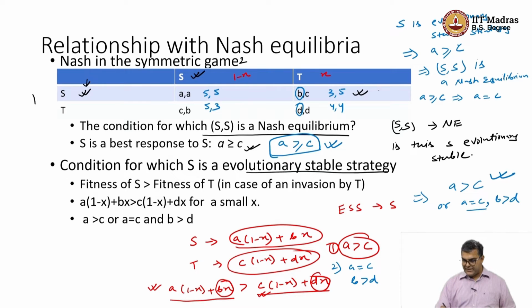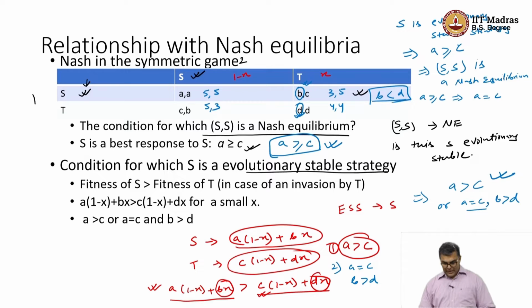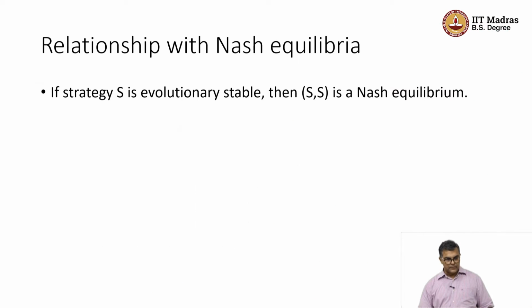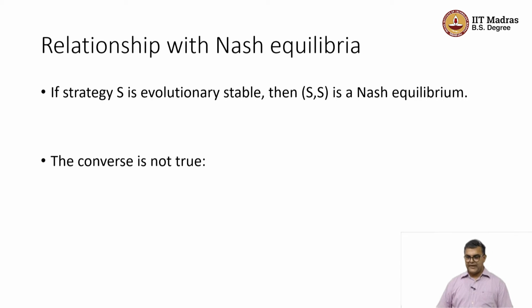Here B is less than D. So, there is no bearing of B and D values on S comma S being a Nash equilibrium, but it has a bearing on S being an evolutionary stable strategy, particularly when A is equal to C. So, we can say that if a strategy S is evolutionary stable, then S comma S is a Nash equilibrium,